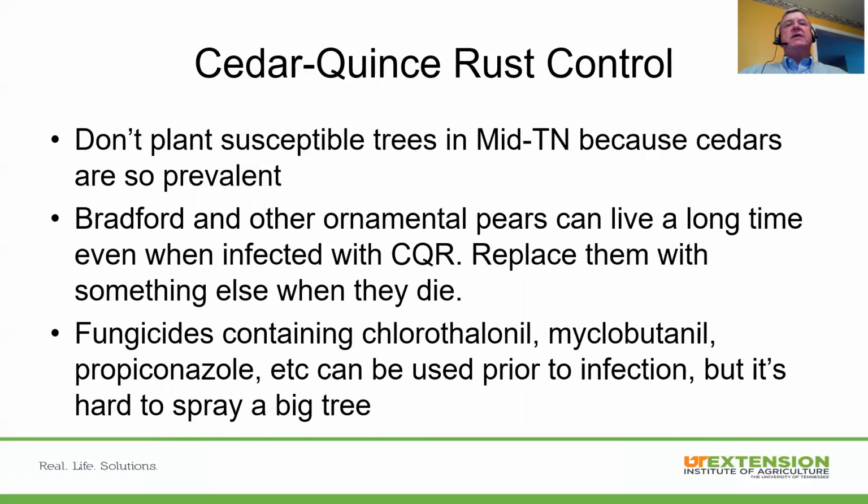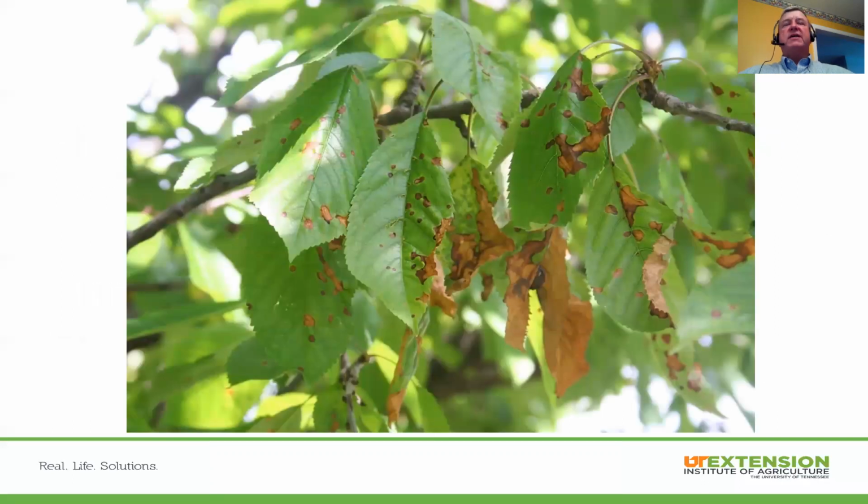Now, fungicides that contain chlorothalonil, myclobutanil, propiconazole, and others can be used to protect these trees when they're applied prior to infection. But the thing to keep in mind is it's difficult for a homeowner to spray a big tree and get good coverage on it, and that's going to be essential in order to do a good job of controlling Cedar-Quince rust. As we move on, we're going to continue with trees, and this is a shot of an